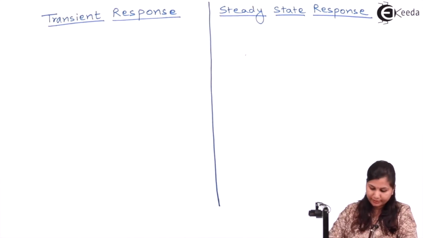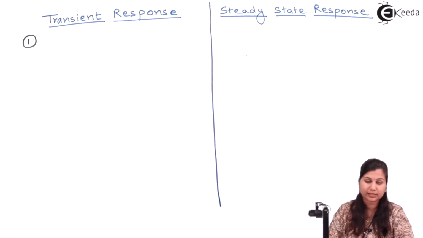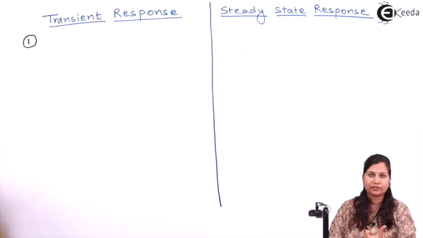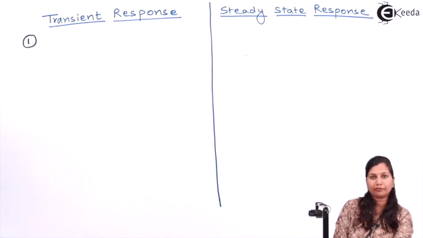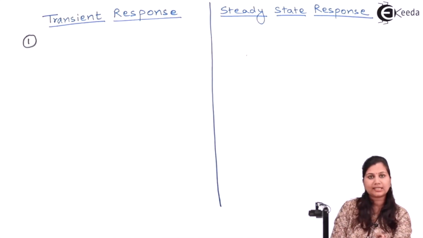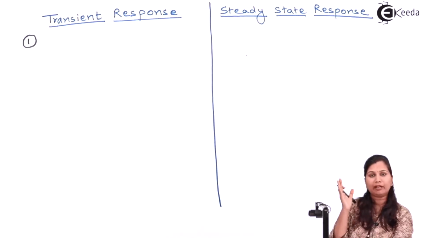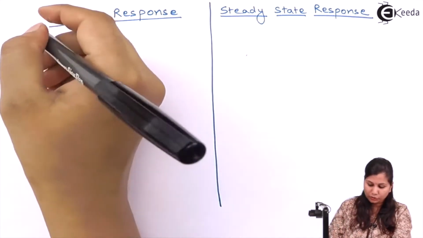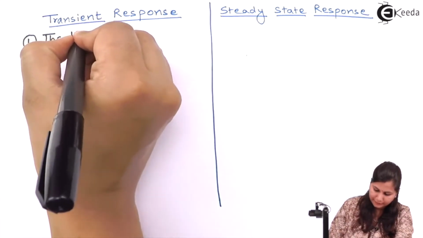Okay, the first difference between the transient response and steady state response is the duration. The transient response is from the initial state to the final state, whereas the steady state response is from the state which has achieved a fixed response to infinite time. So the first difference will be the time of response